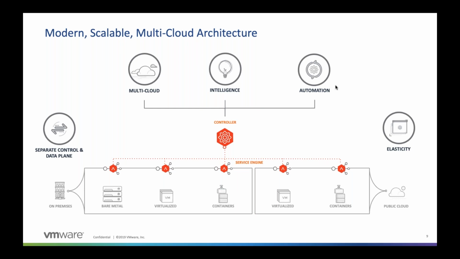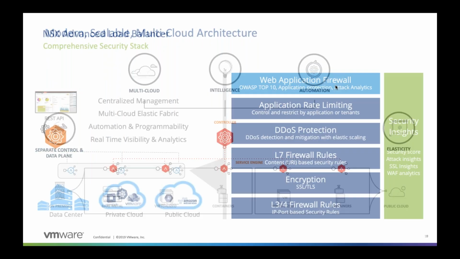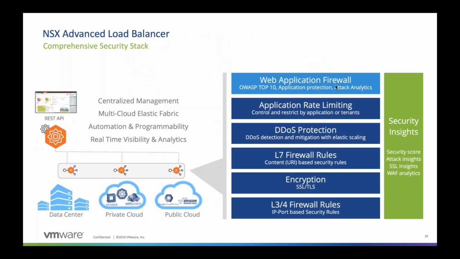So we've built the foundation, and next I want to show you a little bit about the security stack that we built on top of this platform. When you start at the lowest layer, we have the layer 3 and 4 firewall rules, where you can do very basic port-based security rules. Then, of course, the load balancing fabric does all your SSL/TLS needs. Similar rules are available on layer 7. So if you want to do very basic content switching or blocking on a certain item in your HTTP headers, for example, that's very easily done with the layer 7 firewall rules.